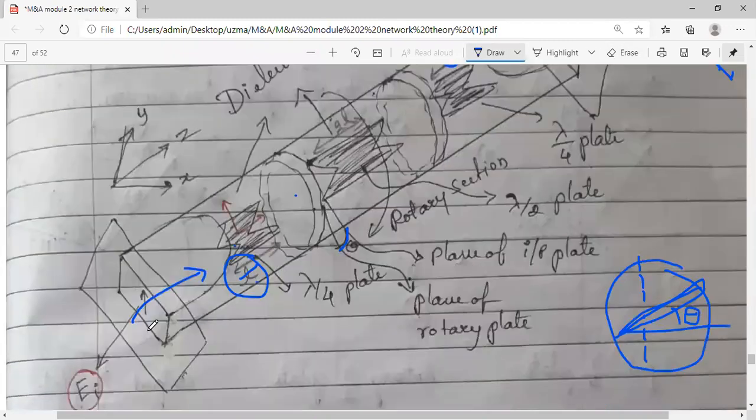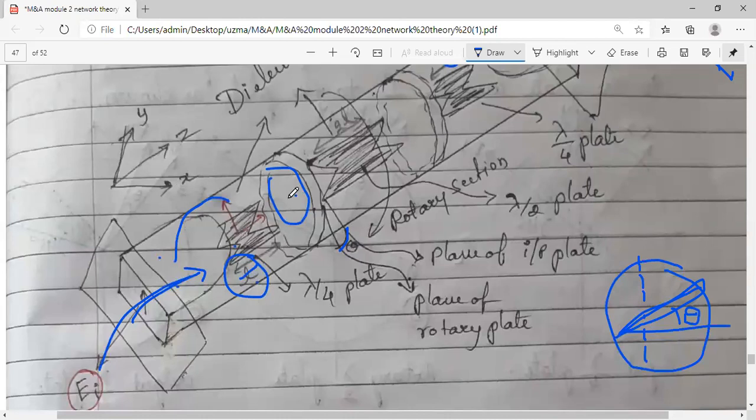So at present we are here. What did we do? We have taken Ei. Here it gets resolved into E1 and E2. Then it is passed through this plate. Then it is E1 cos 45, E2 sin 45, then e raised to minus j beta 1 L, j beta 2 L will be here. Here at this point, those two fields are given by those two equations, 1 and 2. Then we have solved it.